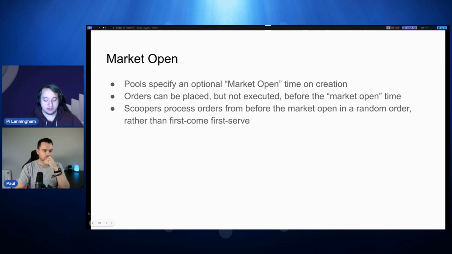Orders can all be placed, but they can't be executed. The smart contract won't allow them to be executed. Then when that market open time happens, the scoopers will process all of the orders from before the market open in a random order. Once they've burned down that queue, they will process all of the orders from after the market open on a first come, first serve basis.